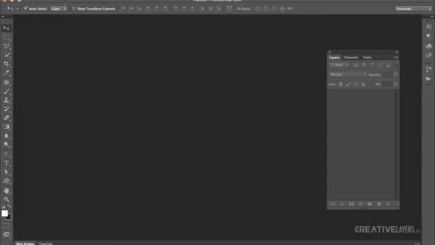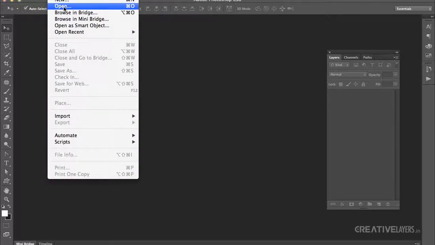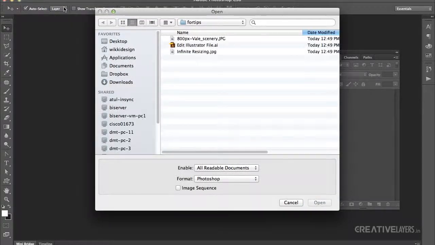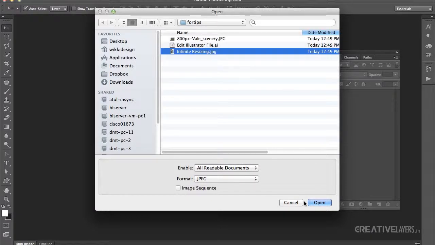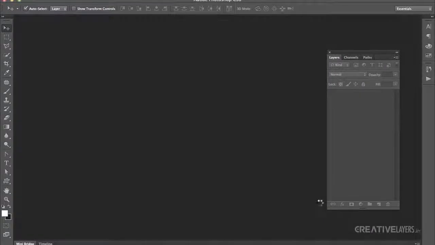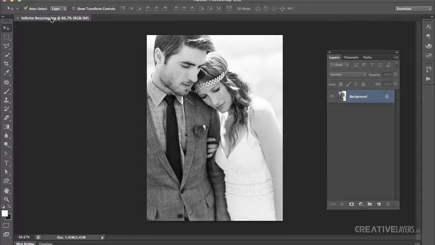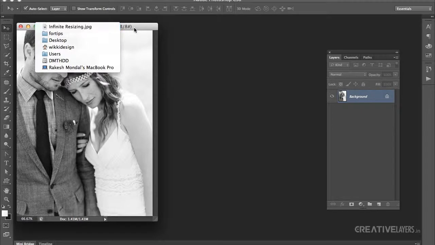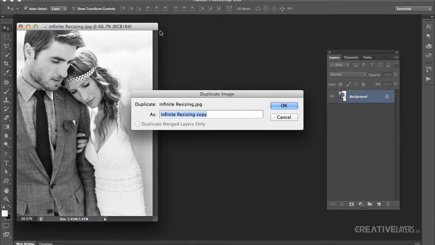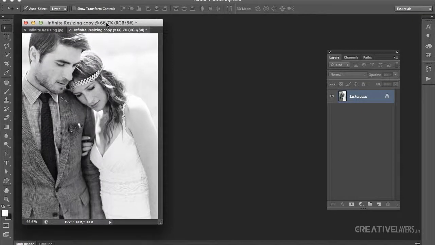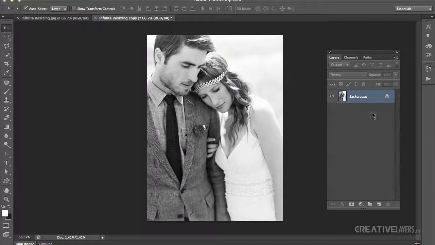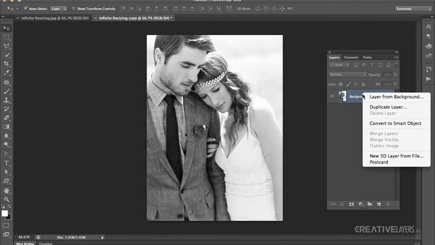Object. I will start with a simple tip which I have shown you in my previous tip also, but I will repeat it so that you get to know what you get after converting a file or an image to Smart Object. So I will open an image that is a wedding couple, and I will just duplicate this document so that you get to know the difference of converting to a smart object and not converting to a smart object. So what I will do is that I will go over the layer, right click, convert to